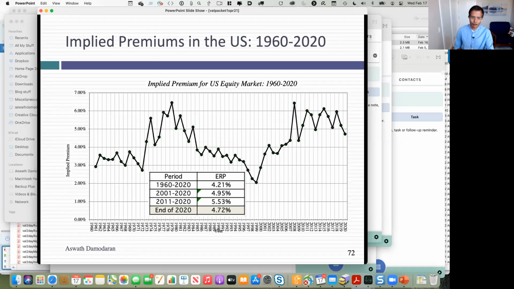So let me give you the first graph, and you tell me whether the equity risk premium at the start of 2021 is a number that's going to make you freak out as being too low. Remember, too low means the market's in a bubble. At the start of 2021, the implied equity risk premium was 4.72%. I've computed this implied equity risk premium, this graph going all the way back to 1960. The average from 1960 through 2020 is 4.21%. If I stopped right there and asked you, are you okay with 4.72%? Well, that looks pretty good, right? You're actually earning more than historical numbers.